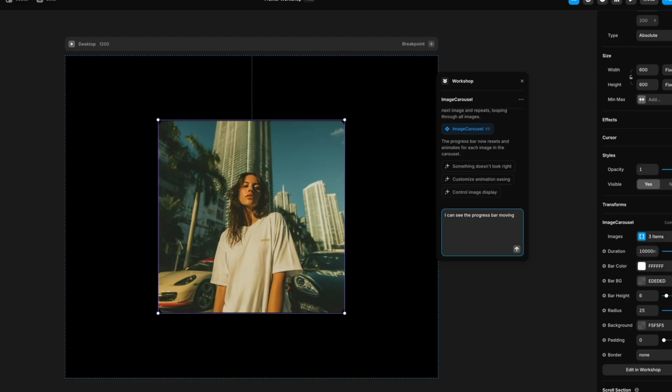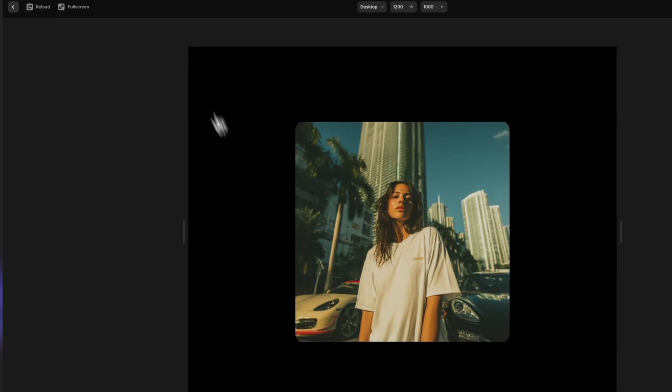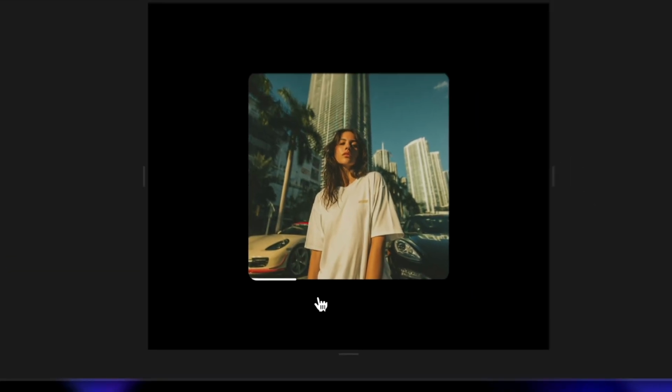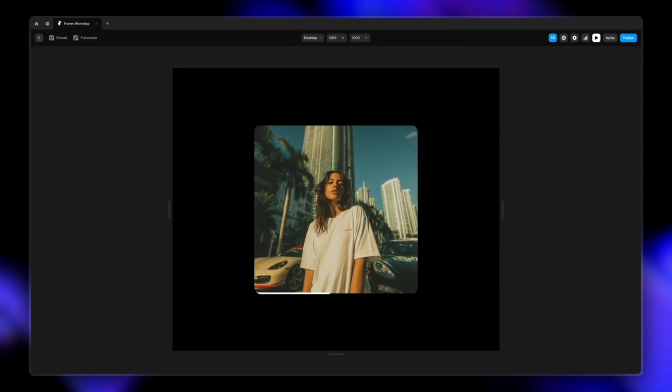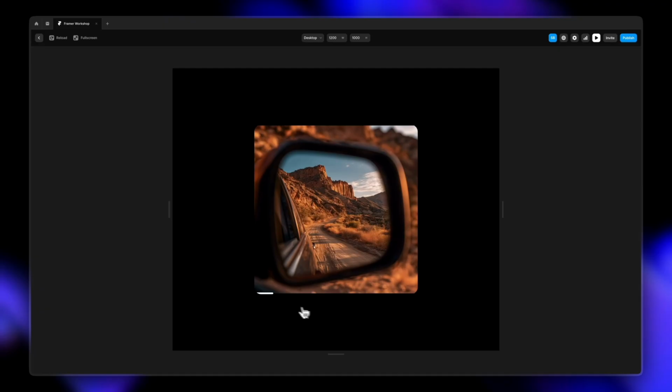So I can see the progress bar moving or going back when the image sort of switches. So that shouldn't be happening. Let's just say that. That shouldn't be visible. So let the AI do its job, let it update and see what it does. So yeah, that happened quickly. And let's just play and see if it's done. So yeah, the image scroll is working. And now when we move on to the next image, we don't see that scroll bar going to the starting position.